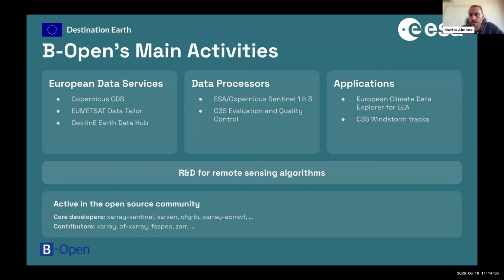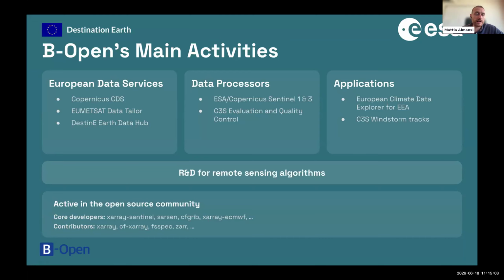We also work on applications, one for EEA, for example, or Windstorm Track for C3S, and in data processing as well. An example is that we are involved with the processor for Sentinel 1 and 3. And we have a whole division focused on R&D as well, focused on algorithms for remote sensing.